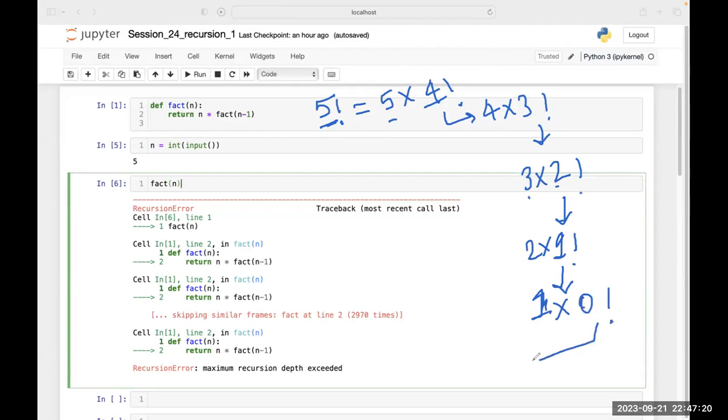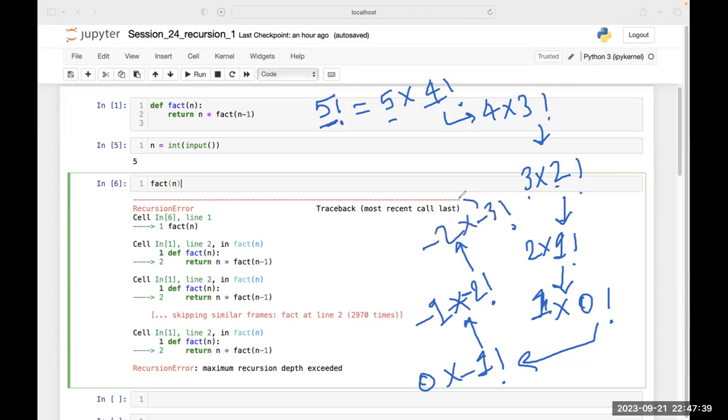This 0 factorial tells me to calculate 0 into minus 1 factorial. This minus 1 factorial tells me to calculate minus 1 into minus 2 factorial. This minus 2 tells me to calculate minus 2 into minus 3 factorial. And this will keep on going infinitely.